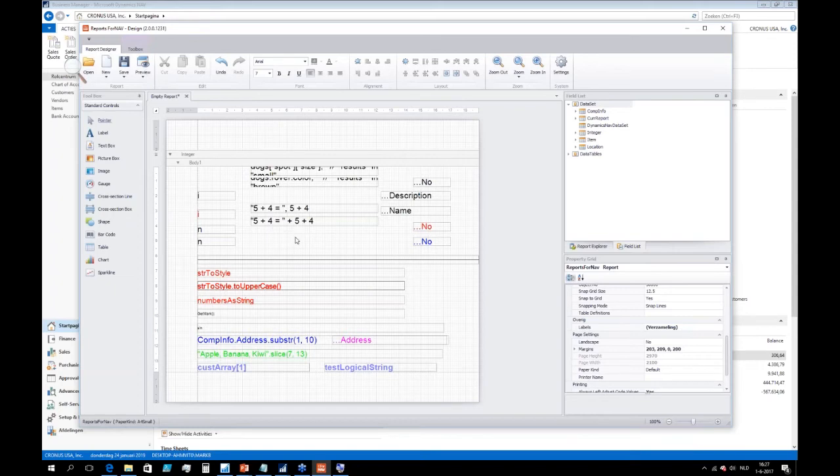Another thing which is strange about JavaScript, and I'll have another example of that in a minute, but here we have two almost similar strings. We have "5 + 4 =", comma, 5 plus 4, and then we have "5 plus 4 equals" plus 5 plus 4. So what does this do? What is the difference here? If I preview this